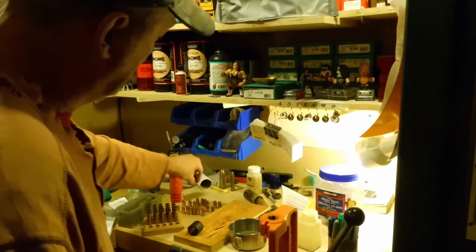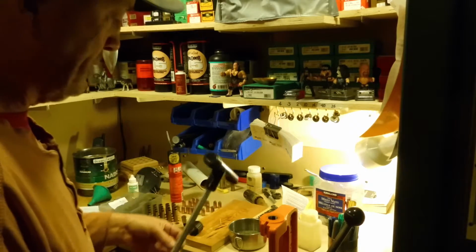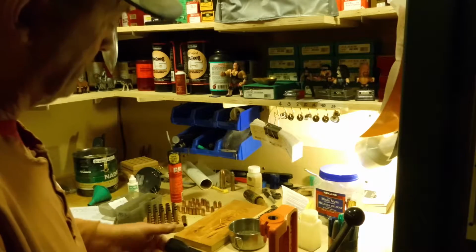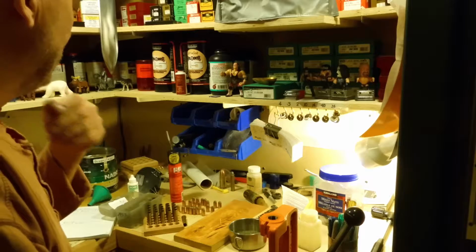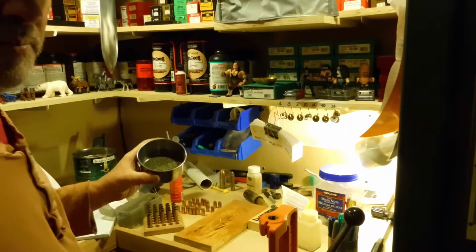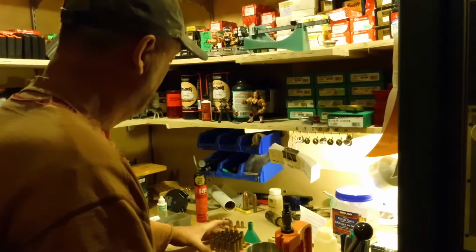And really, that was quick enough. This is a vital tool on any reloading bench, because if you reload, eventually you're going to make a mistake like I did there today, too much powder. The beautiful thing is, of course, here's all our powder, we covered it all. You betcha. So now,